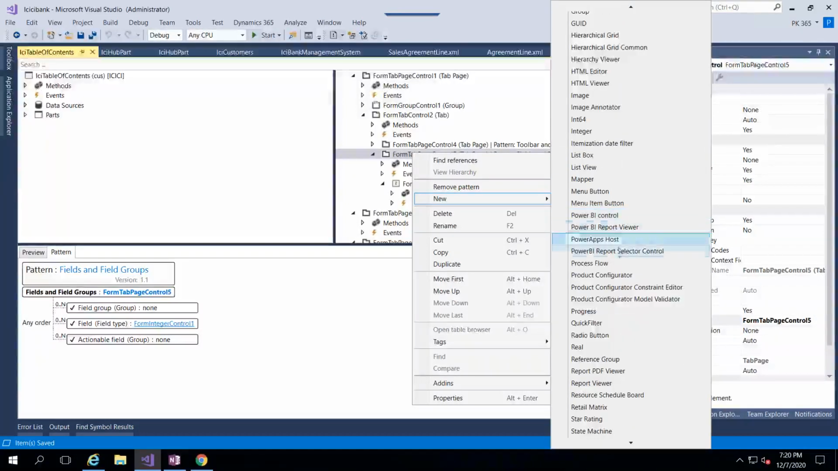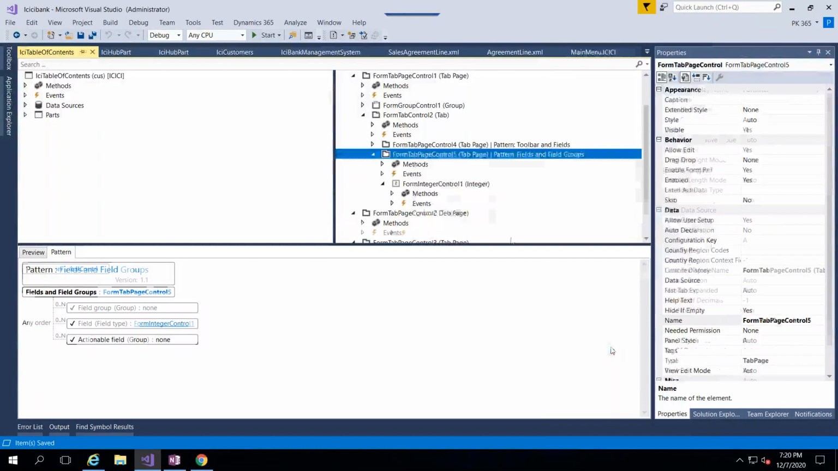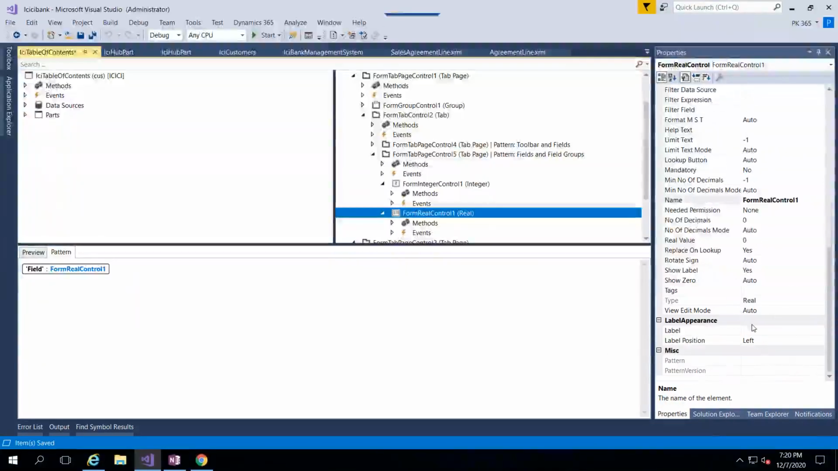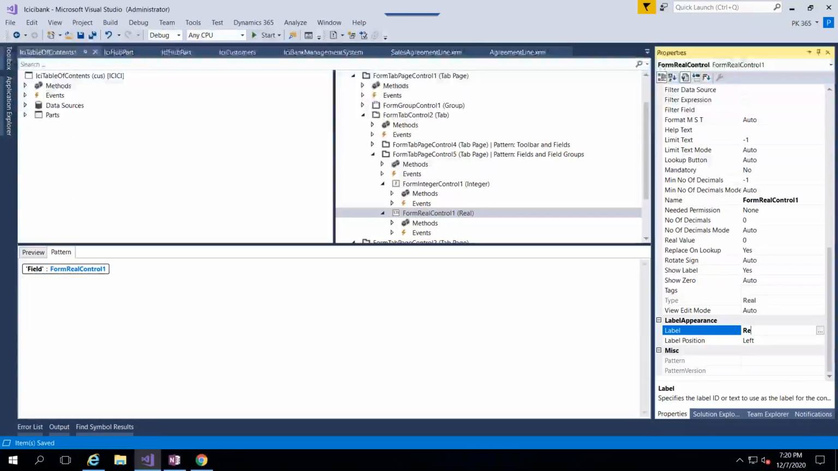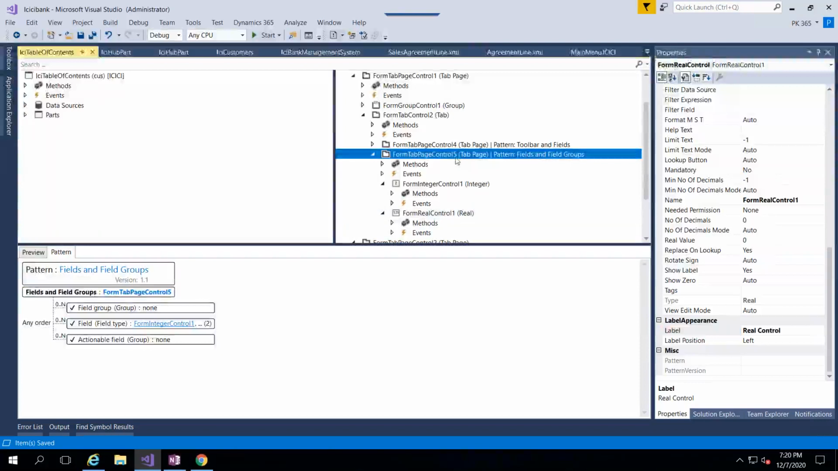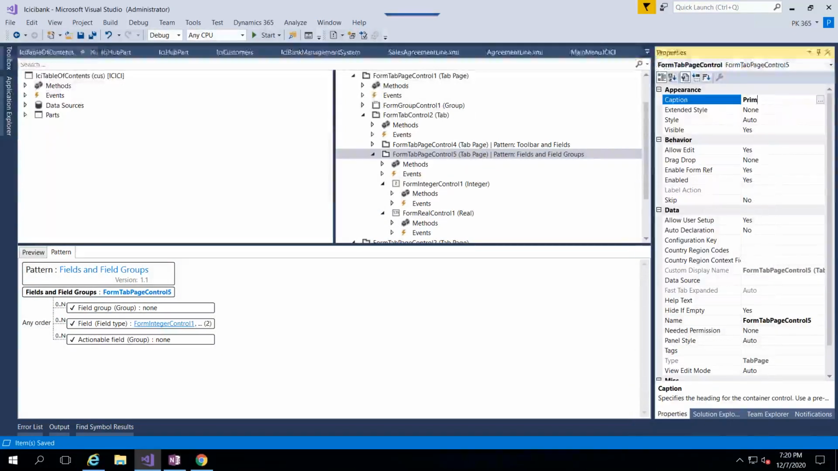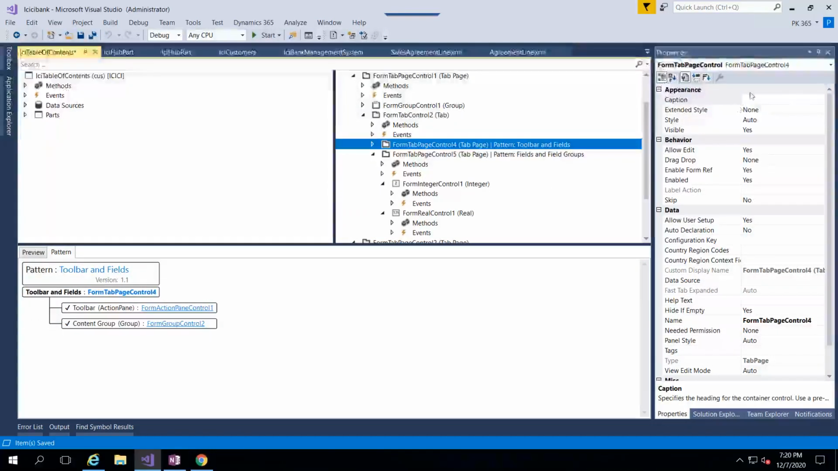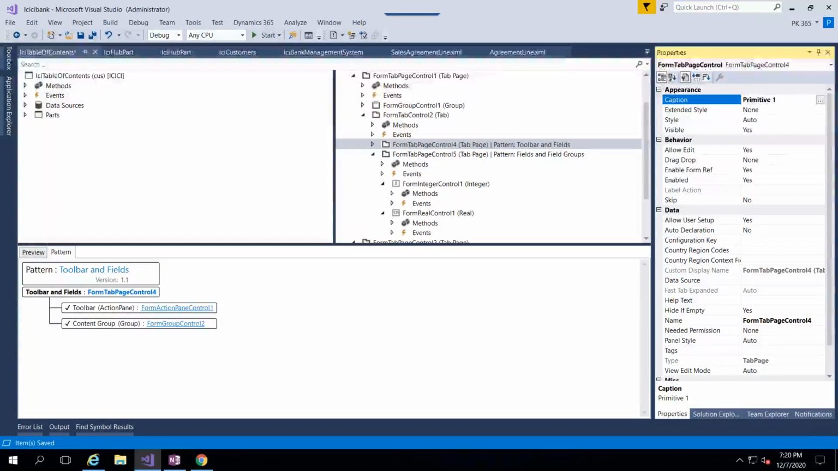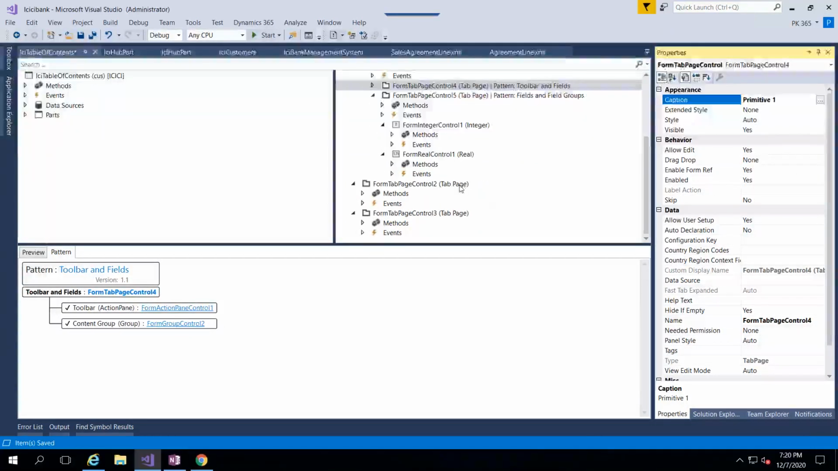Integer and real. You can set it to real control, and then right click. Did I set the caption for this? No. Okay. Primitive 2, and this is primitive 1. Okay. And then